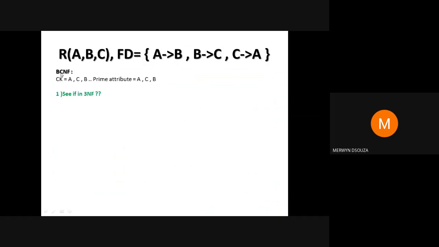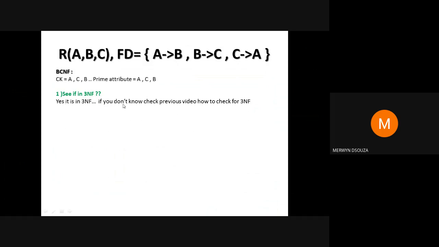For a relation R to be in BCNF, first of all, it should be in third normal form. So you need to check whether this relation R is in third normal form. You can try it out on your own. I'm not going to solve it. If you don't know how to check, please check the previous video. I will directly claim, but you all need to solve it. Solve and check whether it is in 3NF. Since I know it is in 3NF, I will claim that it is in 3NF.